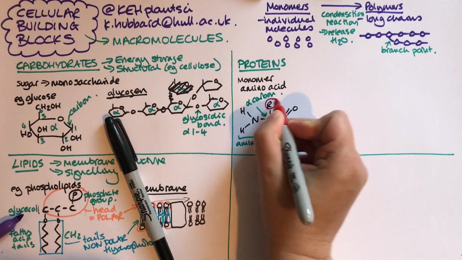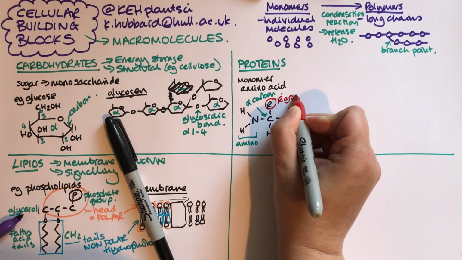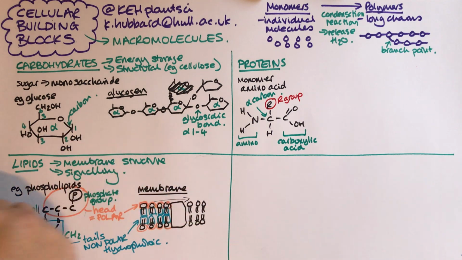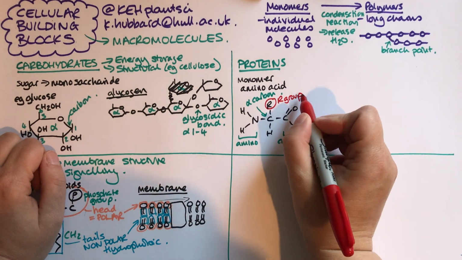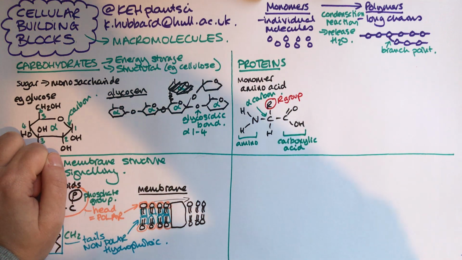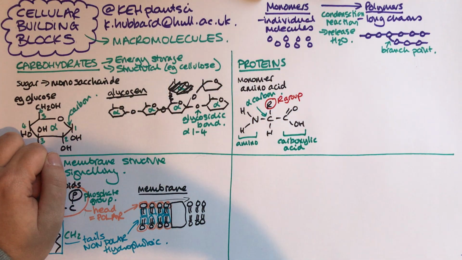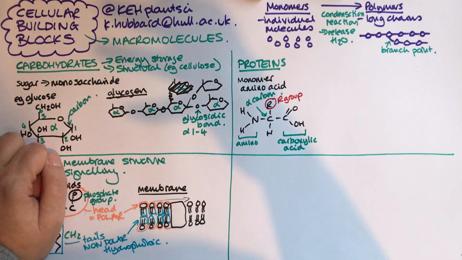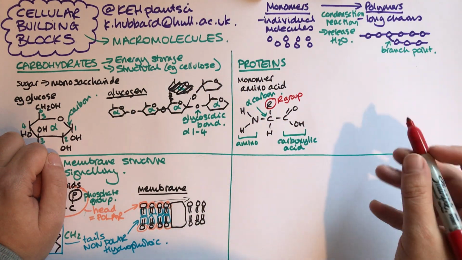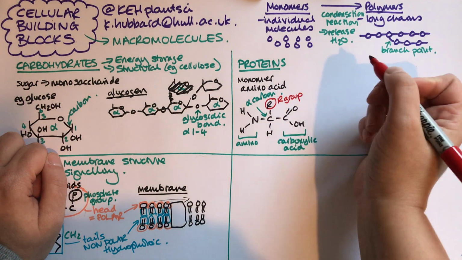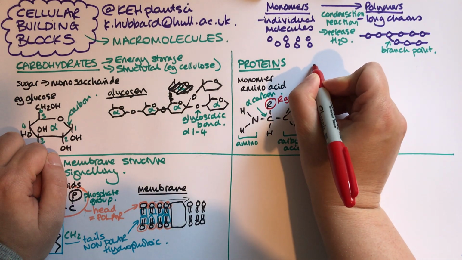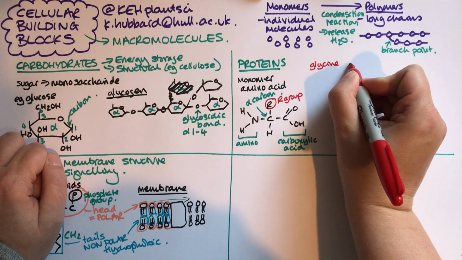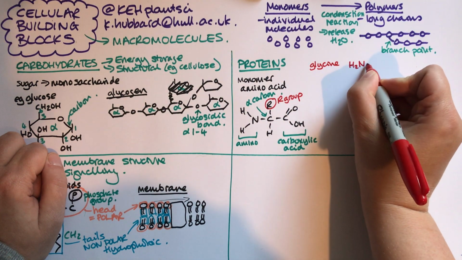So we've got an R group. What that R group means is this is different for every amino acid. There are 20, 21 naturally occurring amino acids, depends on whose definition you take. Each of those has a different R group. So for example, for the amino acid glycine, the structure would be, I'm just going to summarise it, H2N,